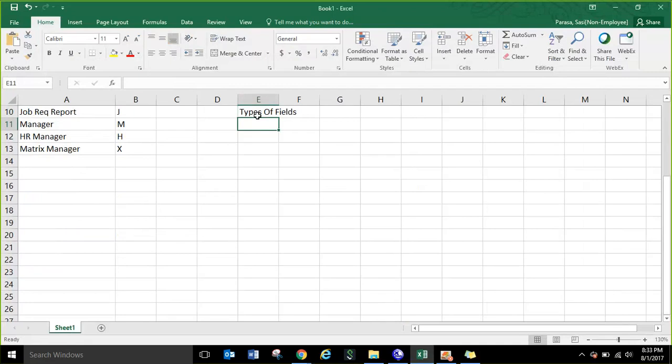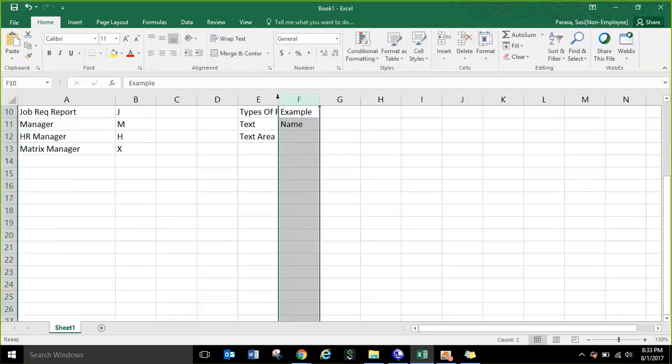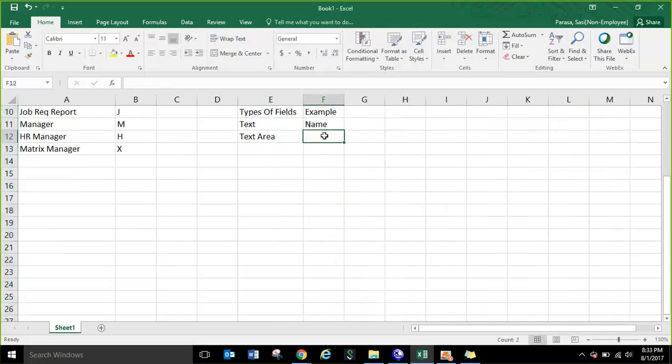First one is text field. Text field is nothing but an input field, and one more field is text area. Text area is used for, let's say, name. Name is the example. Here text area is nothing but description,